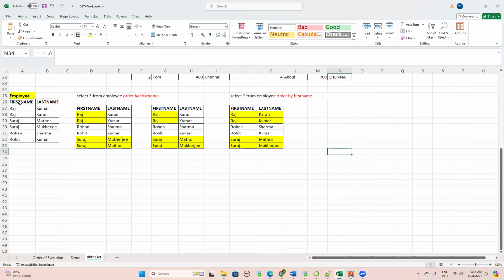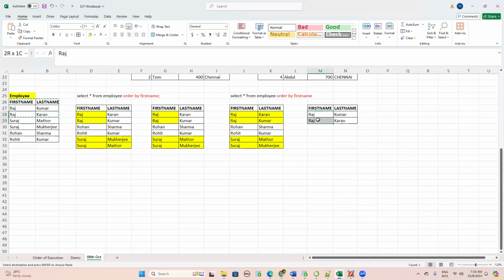Okay. Now when the engine starts sorting, at this point, at Raj, do you think the engine will be confused or not? Yes, the engine will be confused about what to do. Because the engine sees the user has written order by first name to sort based on the first name. But then the engine will see Raj Kumar and Raj Karan, they have the same first name. So what to do? Whenever the engine gets confused because you have multiple records with the same first name, then